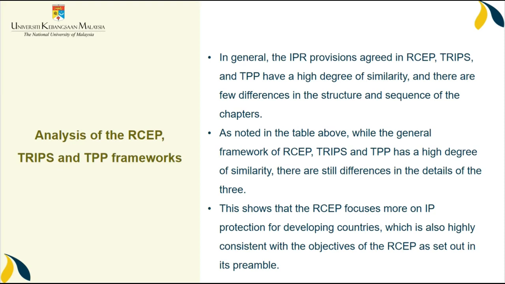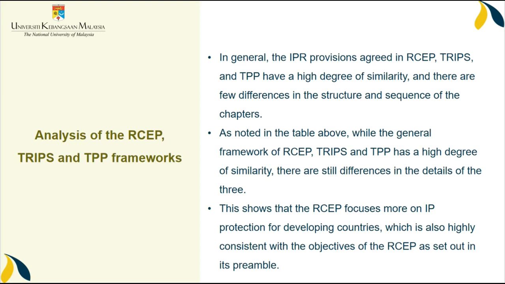The preamble states that the purpose of the agreement is to build on the existing economic ties between the parties, to broaden and deepen regional economic integration and promote regional economic cooperation, to deepen the economic partnership between the parties, and to take into account the development gaps between the parties, and to apply the agreement flexibly, to consider the increased participation of the parties that are not developed countries in the agreement, and the effective implementation of their rights and obligations under the agreement.